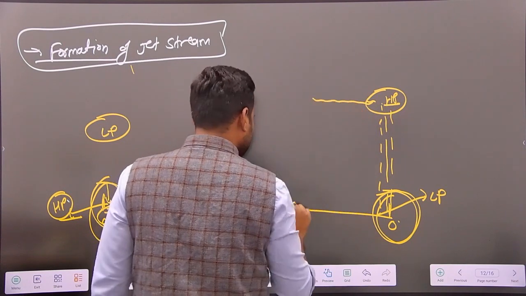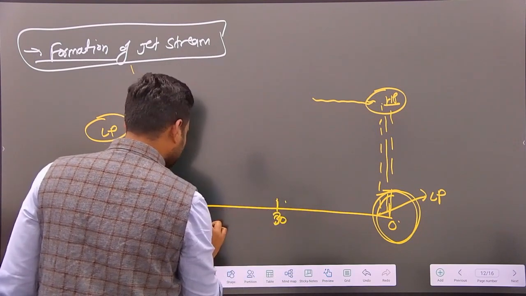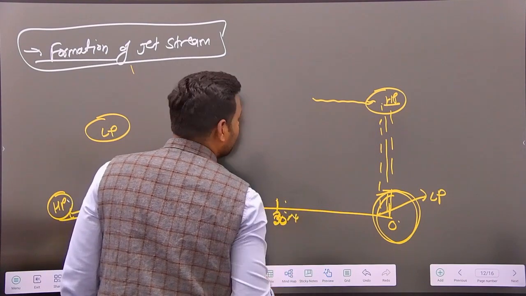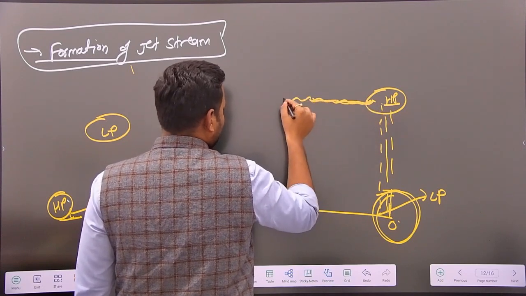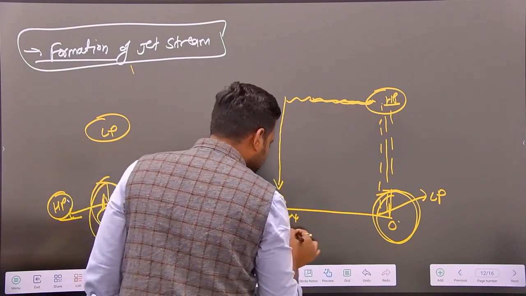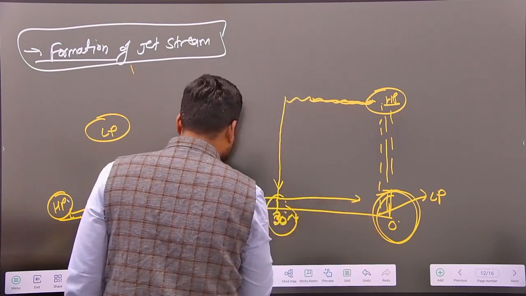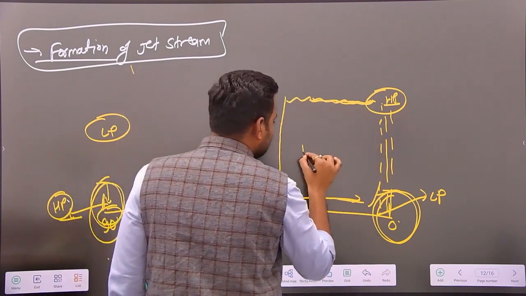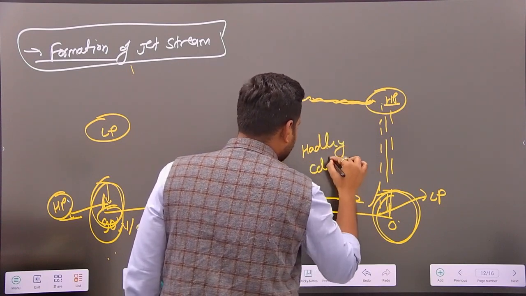We already discussed this, but here is 30 degrees and here is 60 degrees, north as well as south. When the air moves from high pressure to low pressure, it subsides at the subtropical high pressure zone, and this subsiding air again deflects to both sides. They deflect, and this cycle is regulated again, and this cell is called the Hadley cell.